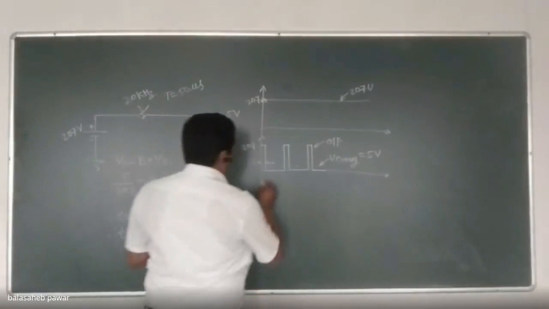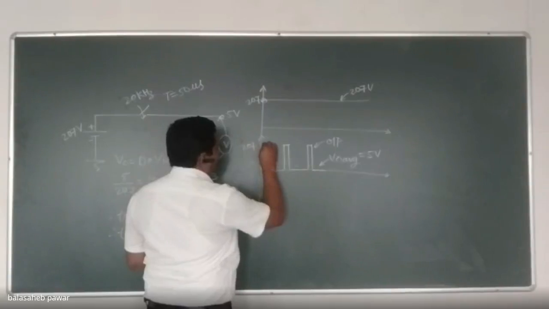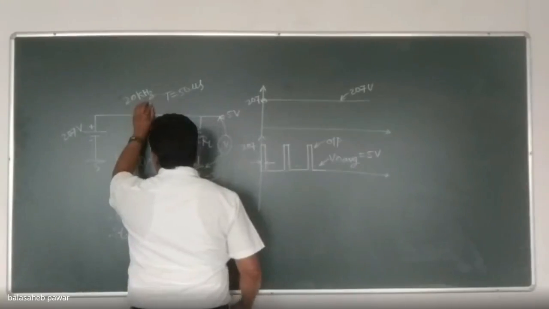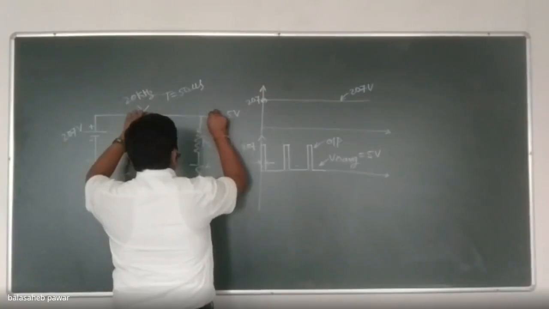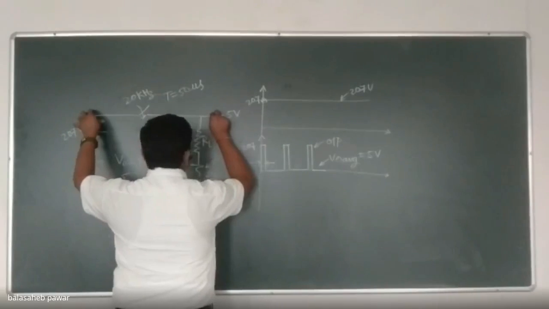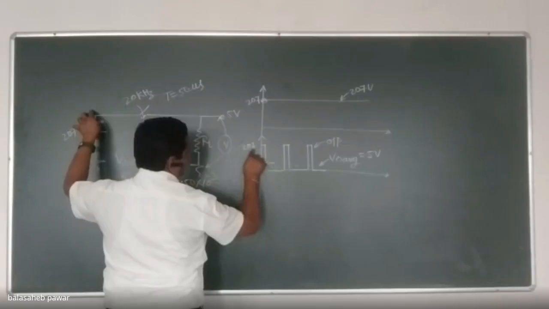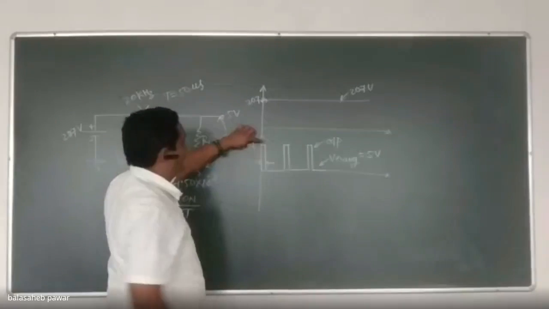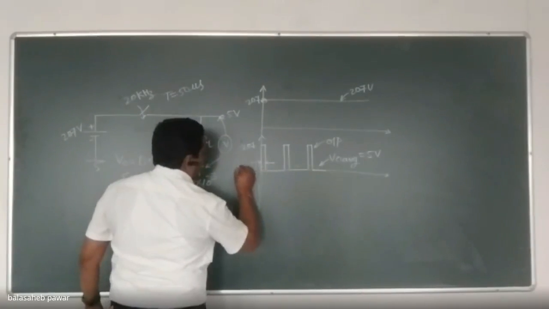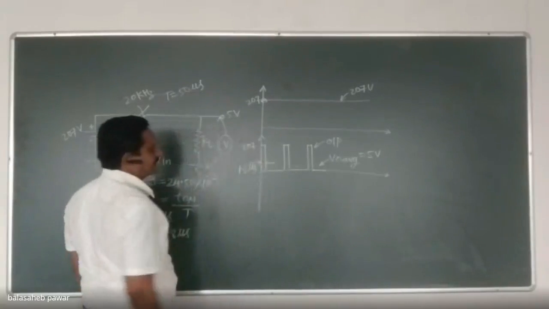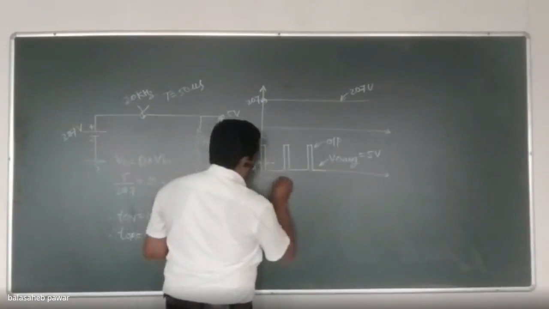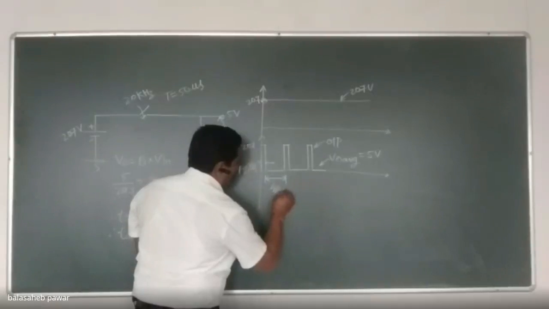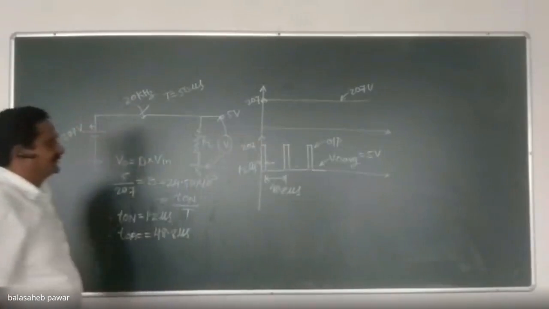That means whatever logic high pulse we obtain at the output of this switch, this transistor is just acting as a switch, remember. So when it gets closed, how much will be the output voltage? Applied input voltage, right? And that's why I showed its amplitude as 207. But up to how much time will it remain at 207? It will remain only for 1.2 microseconds. And later on, it will remain off for how much time? It will remain off for 48.8 microseconds. Do you agree with this?